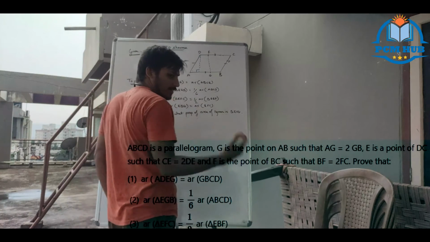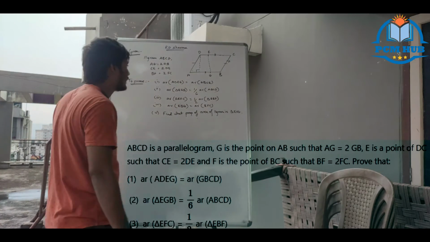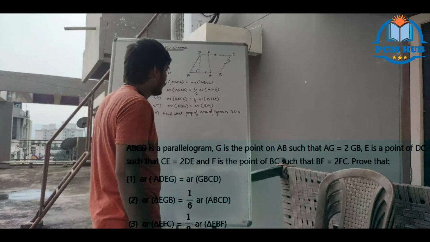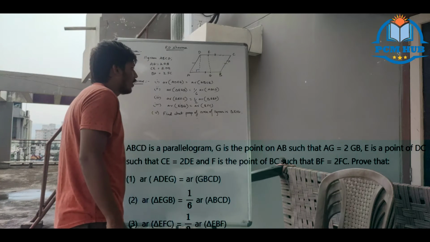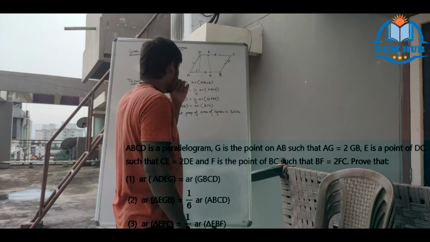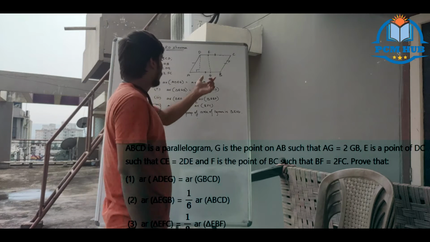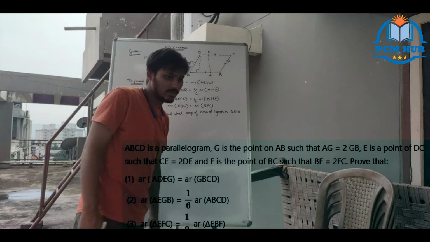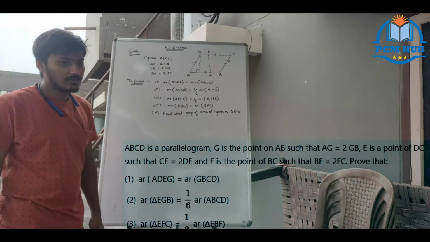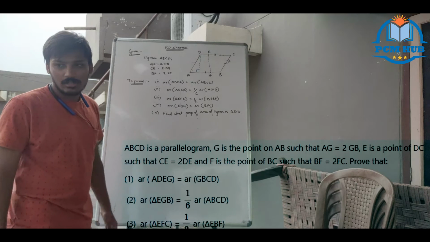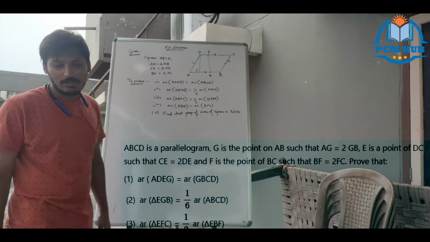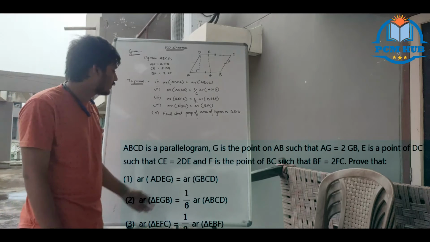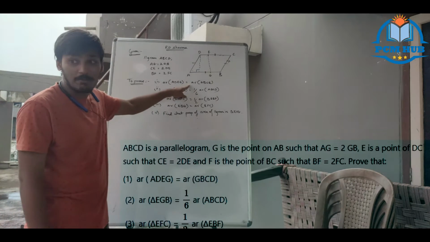That's what I want to tell. See, now what you will do is, you have this base, these two are equal, AG and EC are equal. Area of the trapezium is equal to half into height into sum of the parallel sides. Both will be equal. Therefore, both the areas of trapeziums are equal.